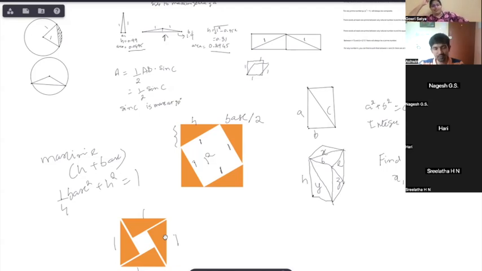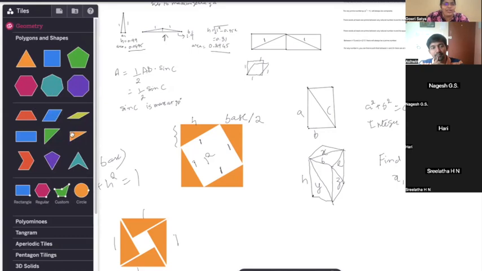So here we are taking twice the area of the triangle, right? The colored part is twice the area of the triangles, and there's a hole in between, and the side of the square is always 1. So the area of the triangle is going to be 1 minus the area of the hole in between, by 2. So we want to maximize the area of the triangle. That will happen when the hole is non-existent. Wow. So that will only happen when